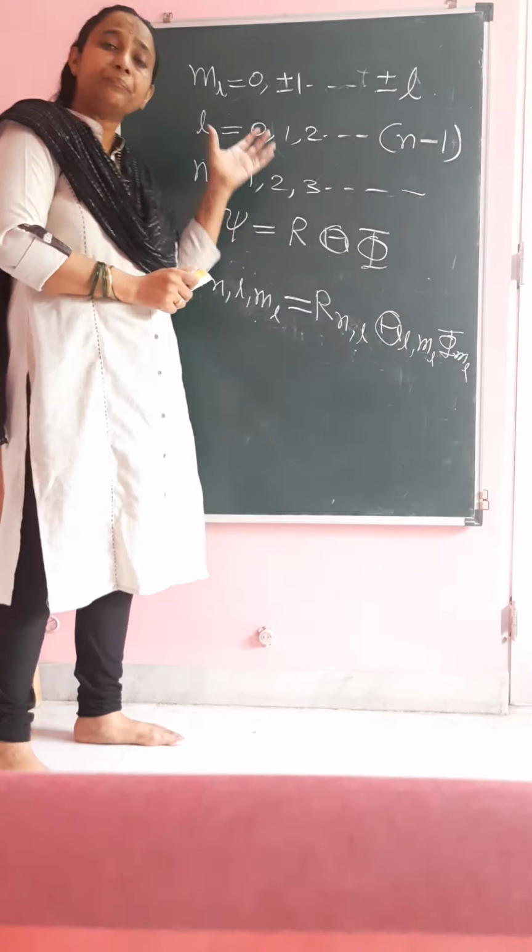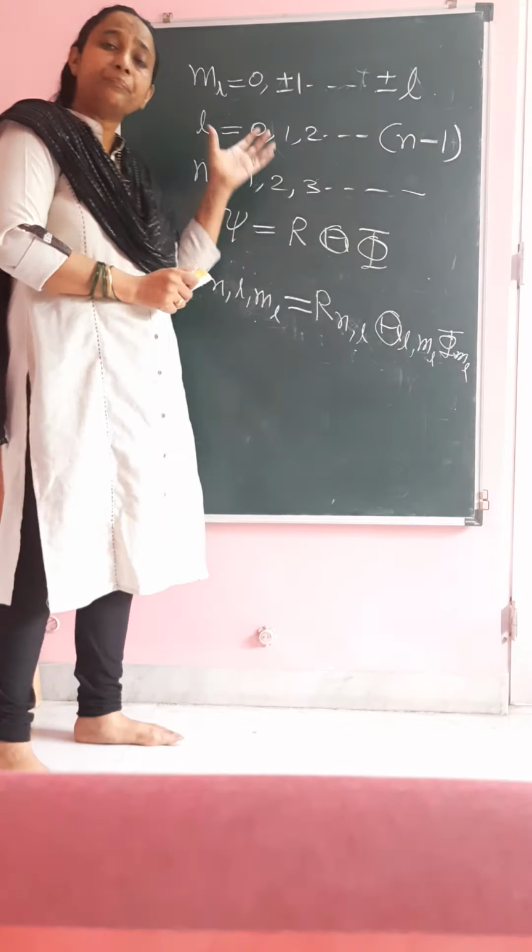Now if we go for a higher value of n, say n equal to 2, then also we can find the values of l and ml. What will be the values of l? l will be 0 and 1, so there will be two values. And ml will be 0 and plus or minus 1. Now see here, we have to find the combinations which can be expressed in terms of this, and those will be the number of states. So first we can go like this: 2 0 0, that is n, l and ml. So psi 2 0 0 will be the first representation.